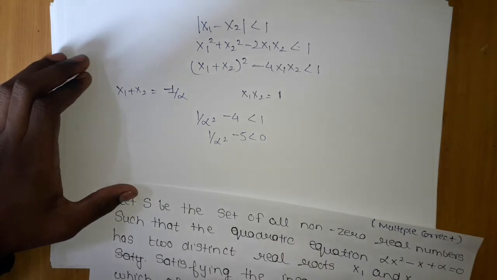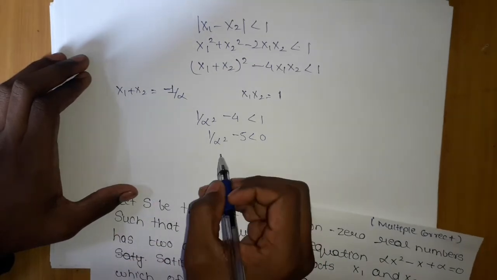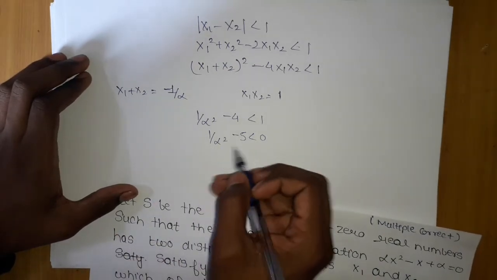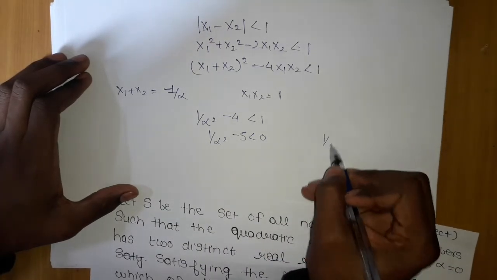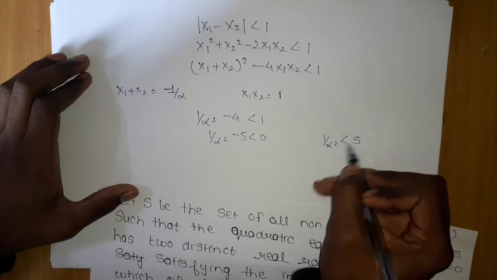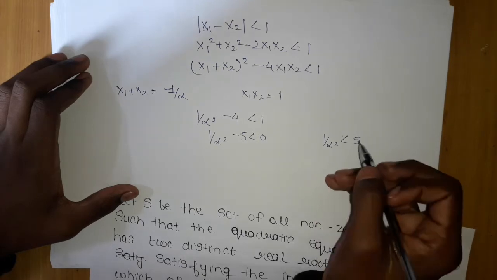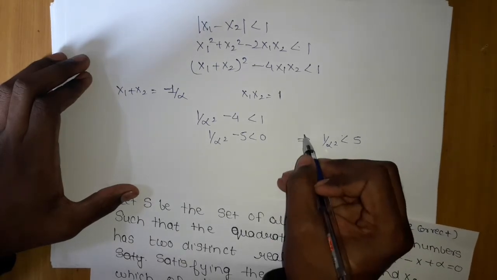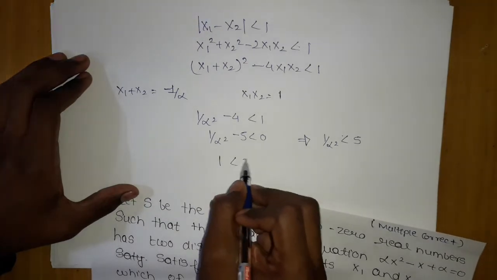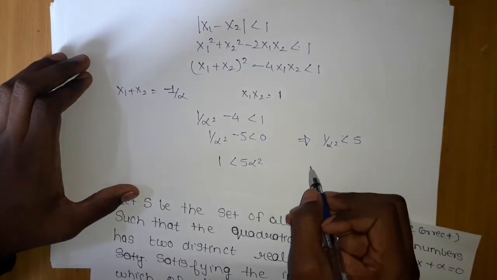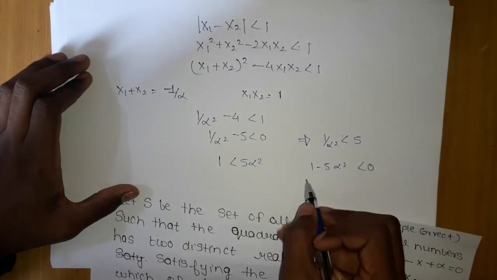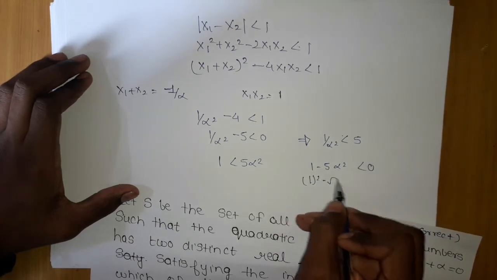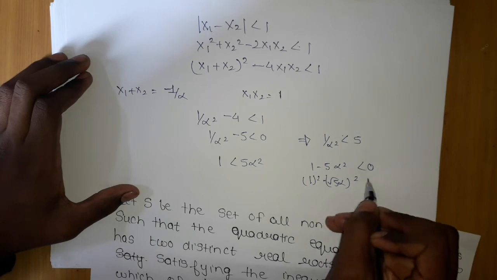Now I can apply a square minus b square. Why do that? Let's just do one thing. Move this to that side: 1 upon alpha square less than 5. This is always positive, so I can cross multiply it according to the rules of the inequality. 1 is less than 5 alpha square. Now we can do one more thing. 1 minus 5 alpha square should be less than 0, so I can write it as 1 square minus under root 5 alpha the whole square, which should be less than 0.